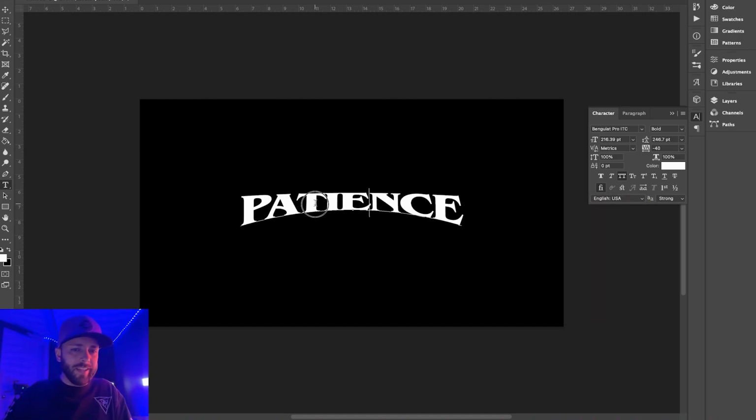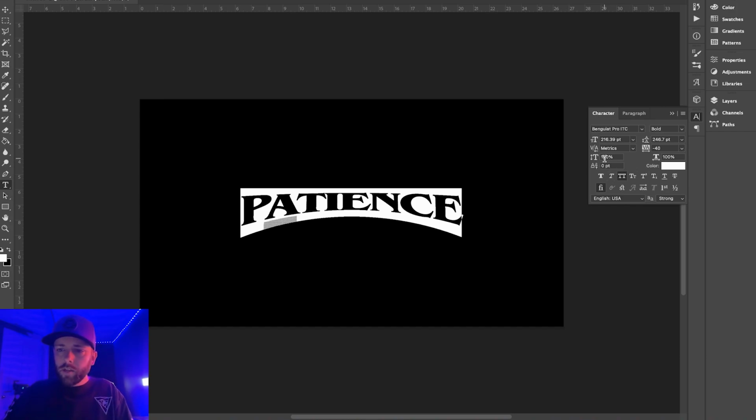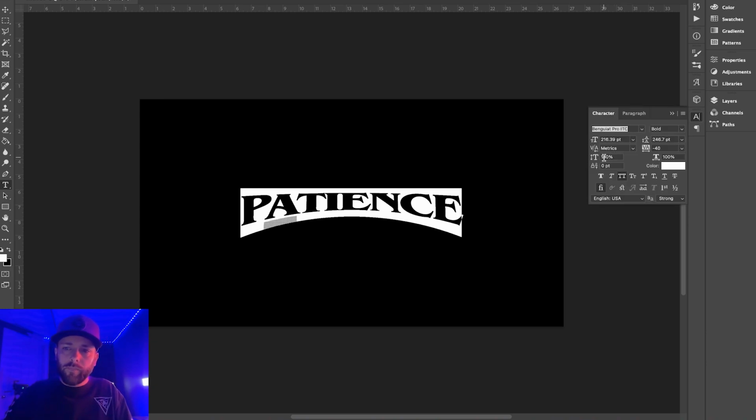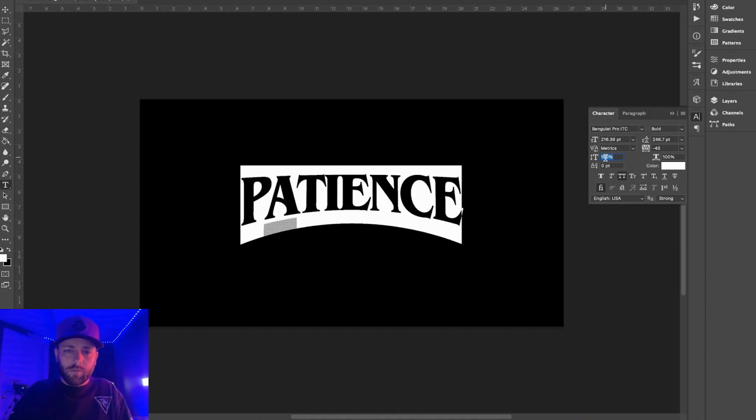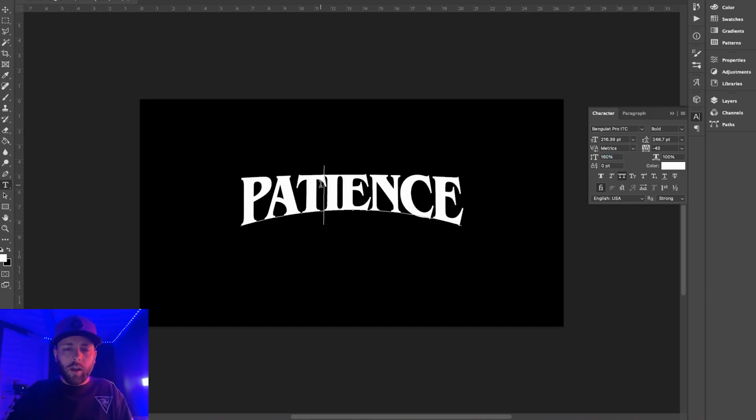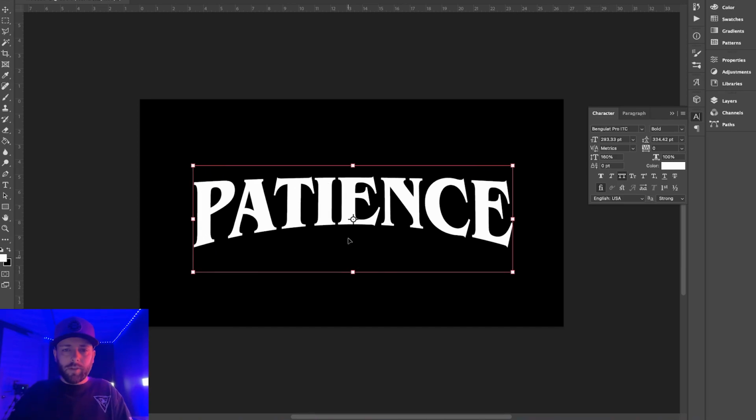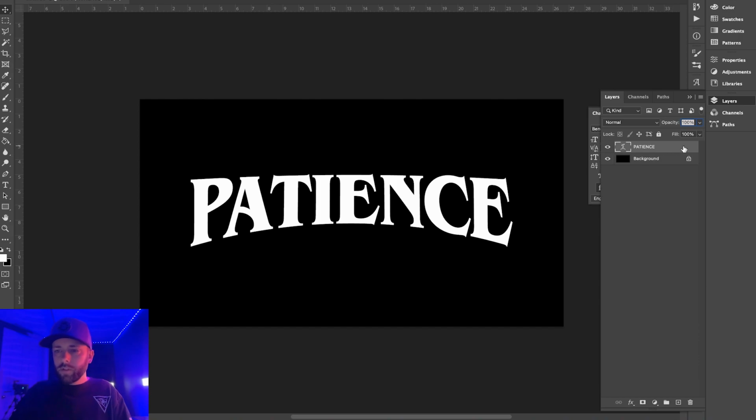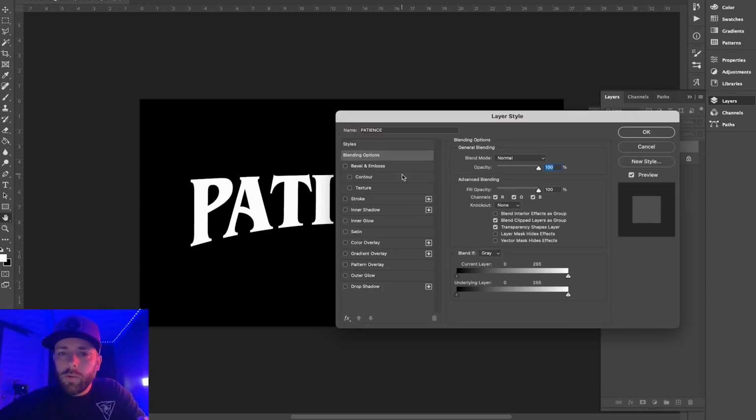So what we're going to do is select our text, and you're going to go right here to this vertical scale on this character tool. We'll go to vertical scale where it says 100%. We're going to bump that up to whatever looks good to me. I think 160, that looks pretty good. All right, I'm just going to scale it up a little bit. Patience. Now you're going to go into your layers, double click your text layer, and we're going to go bevel